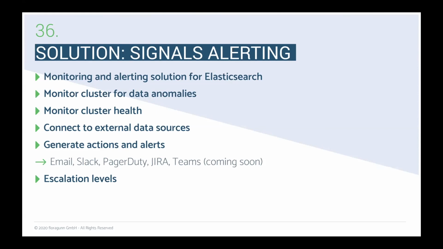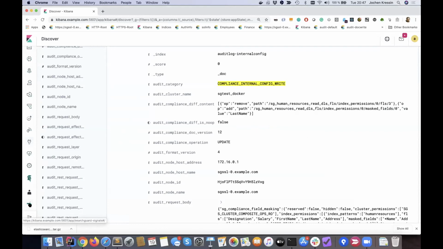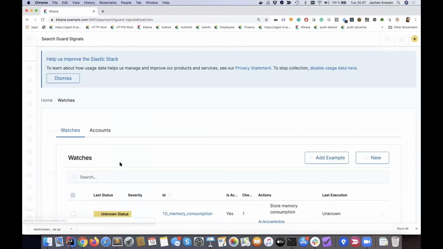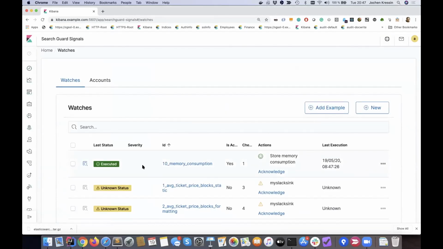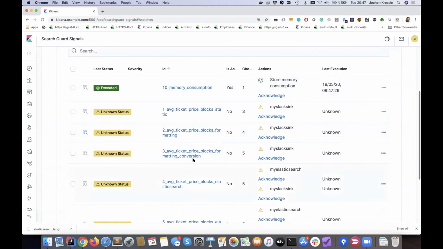Ship alerts to email, Slack, PagerDuty, Jira, or Microsoft Teams, which is coming soon. And you can implement escalation levels with that. So the first thing that we're just going to have a look at is our alerting. These are just a couple of demo watches that we already have implemented, but let's have a quick look at